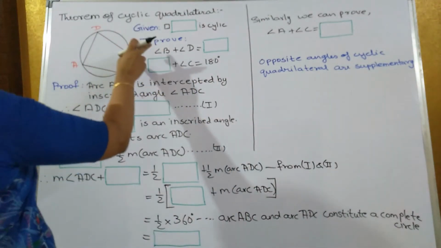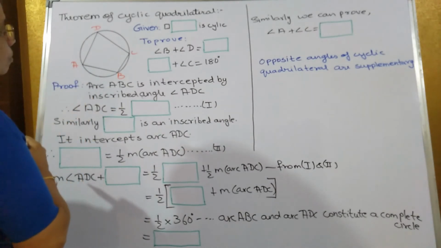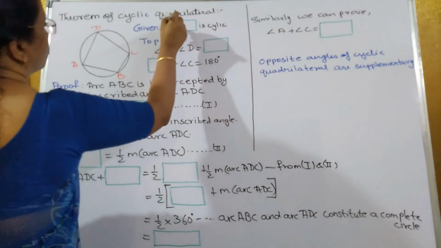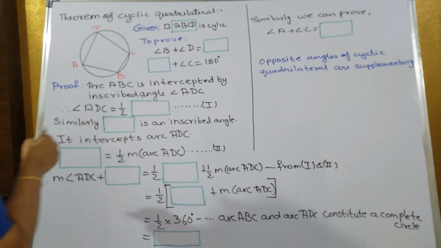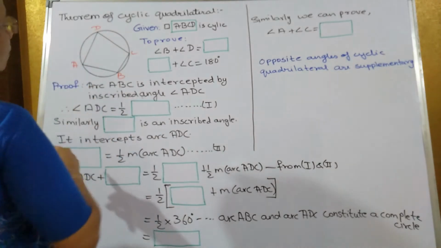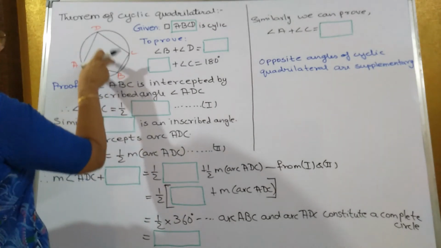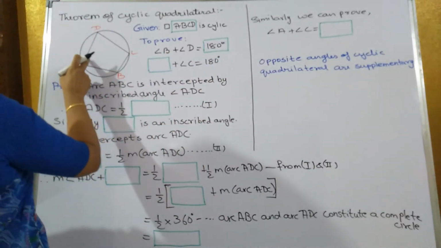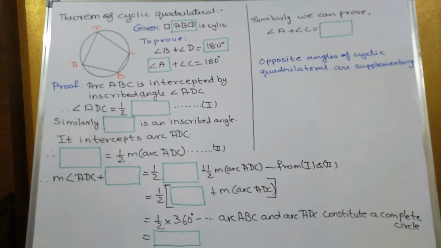Now given quadrilateral, it is an activity based sum. So some of the theorems and proofs they'll ask in the form of activity also. So in quadrilateral ABCD, so what will come over here? ABCD is cyclic, that means what? All the vertices A, B, C, D of the quadrilateral are touching the circle. Now to prove that angle B plus angle D should be equal to how much? 180 degrees. Similarly angle A plus angle C is equal to 180 degree.